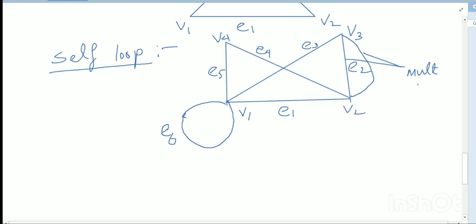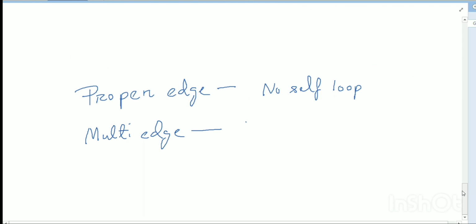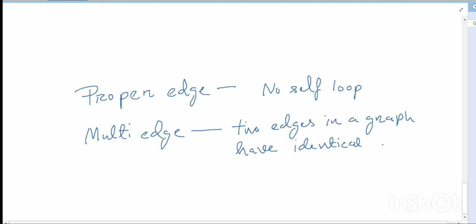You see that v3 and v2 both are identical endpoints, and there are two identical edges. So this is the multi edge. You see one example of the multi edge. Now I write it in English: two edges in a graph that have identical endpoints are called multi edge. Okay, now I will discuss another